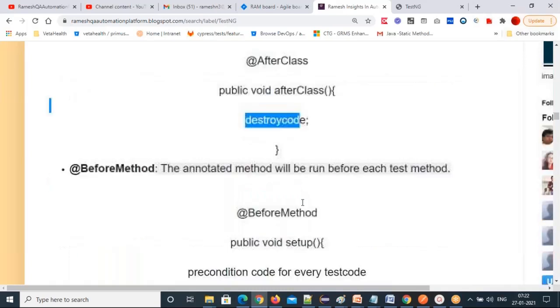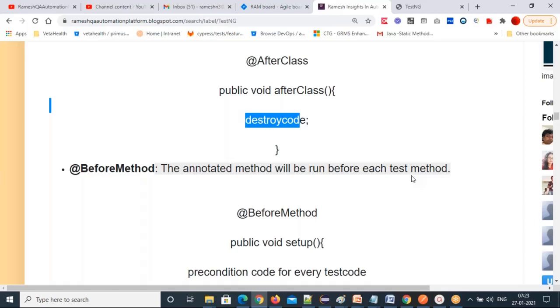And BeforeMethod: the annotated method will be run before each test method. BeforeMethod is in TestNG. In JUnit, the same functionality is given by BeforeEach. BeforeEach is nothing but BeforeMethod. The BeforeMethod annotation will be run before each test method.